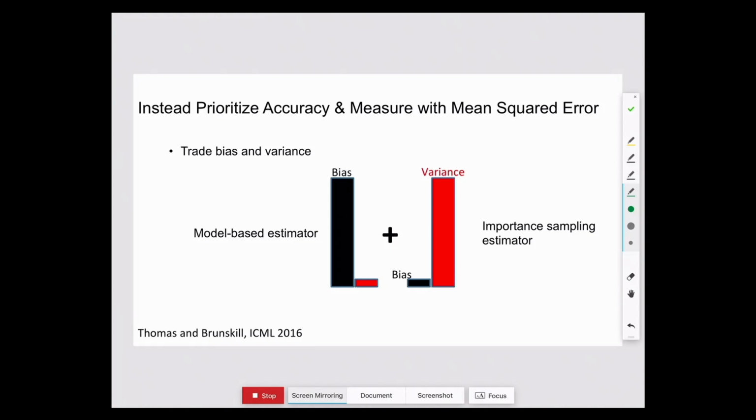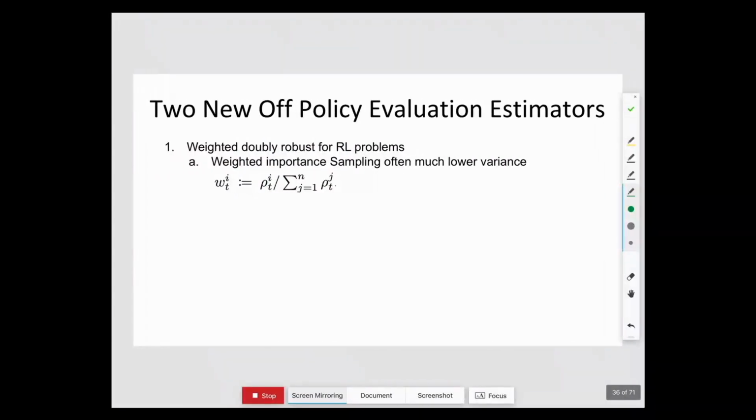Now, let me just highlight that this is not a trivial problem, in the sense that bias is equal to the difference between the true value of v pi and my estimated value. So if I actually knew what bias was, I'd be done, because I would have my estimator and I'd have my bias and then I could just correct for it and get the right value. So it's not like we can directly observe this. So if we want an estimator that does the best job of weighing between bias and variance, we're going to need some way to approximate that or to bound it.